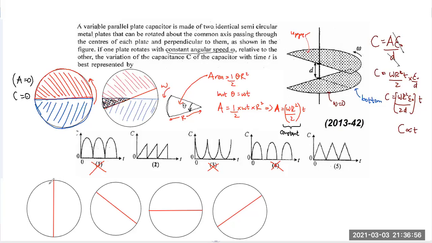Okay, so let me quickly mark the areas covered by the red disk. Now red disk covers this area, and now the red disk covers this area. Now the red disk covers this area. Now the red disk covers this area. We are seeing from the top. This circle is a circular path, and the blue disk doesn't change, it doesn't rotate. So blue disk will remain like this. This is the edge of the blue disk. Okay, right, and here the blue disk and the red disk are in the same line, and then here like this. So what is happening to the area, people?